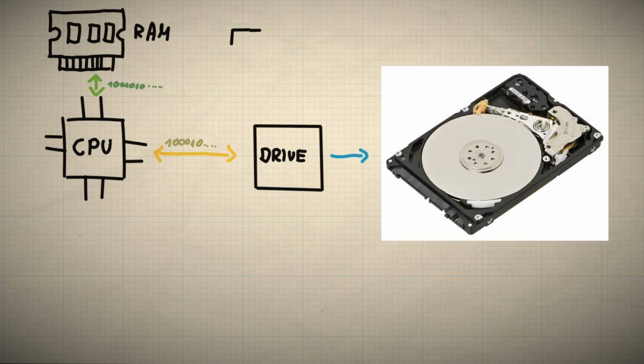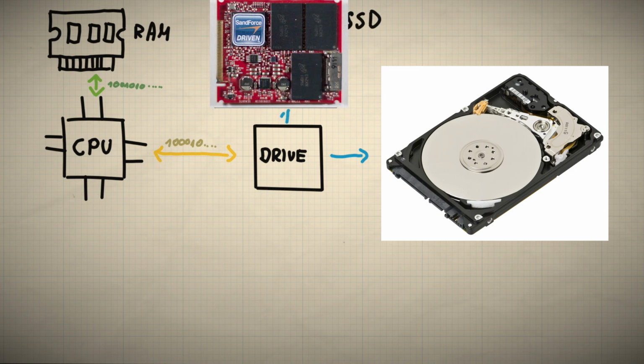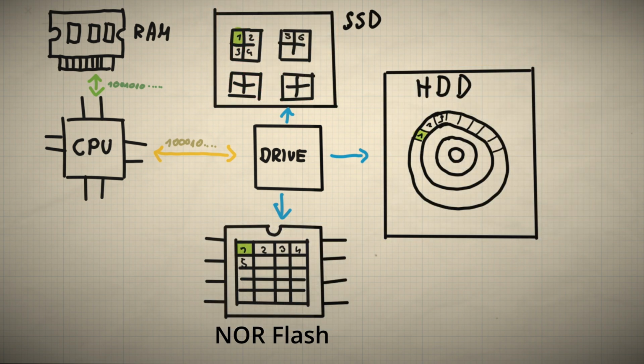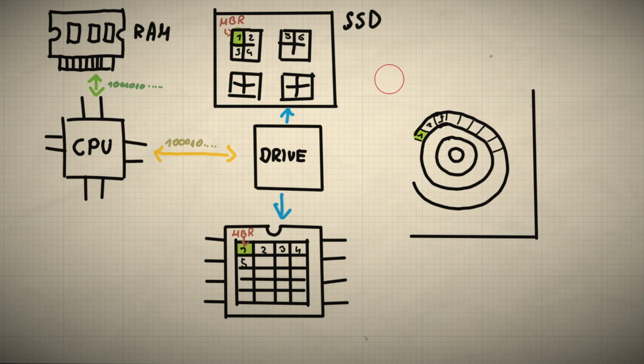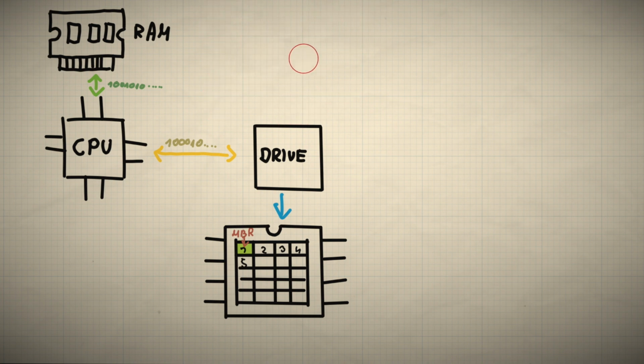Other types of non-volatile memory include solid-state drives made up of memory blocks, and NOR flash, which is used in our project. All of these types of memory can be represented as linear memory. I'm marking in green the first sector of each device, and this sector may contain the MBR. In our project, we are using NOR flash. So let's simplify that diagram to show only the parts on which we are working to implement MBR parsing.